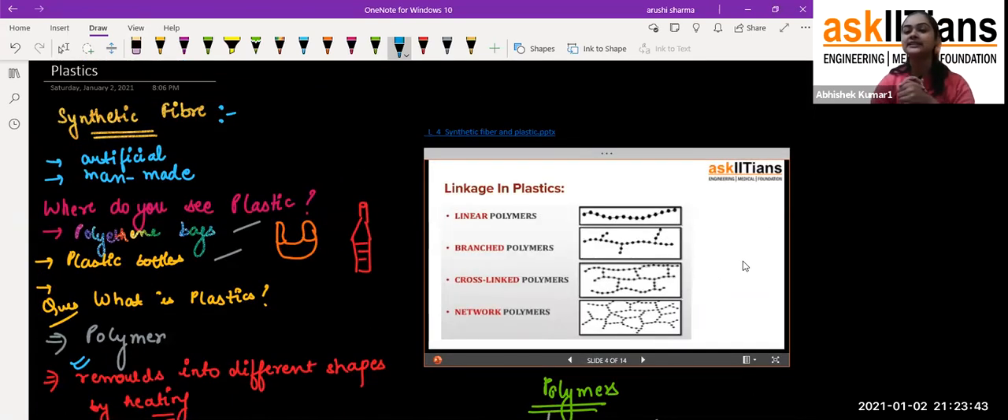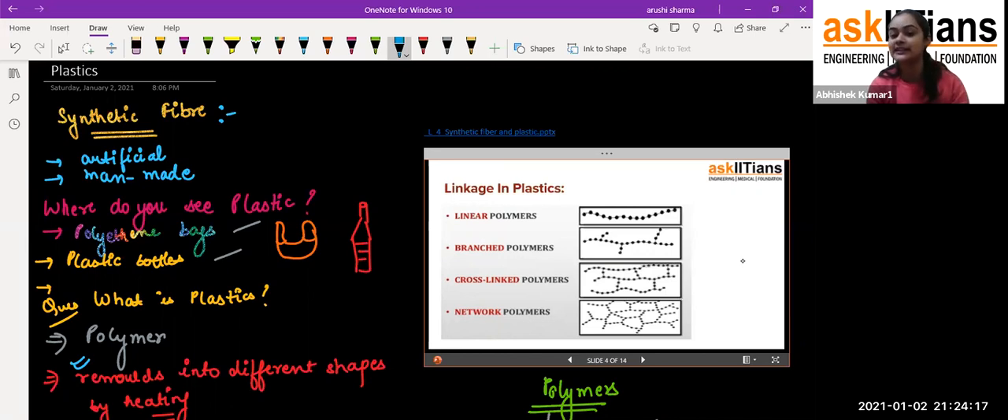Okay, so yes, now you can see in this picture that this is the linear one, in which monomers are present in a single chain. The second is also a type of linear one, it's just that you get some branching in it, so it is called the branched one. Now coming to the cross-linked, you can see there are different chains of the polymer, and these chains have some cross-linking between them. So these are the polymers which have cross-linking,